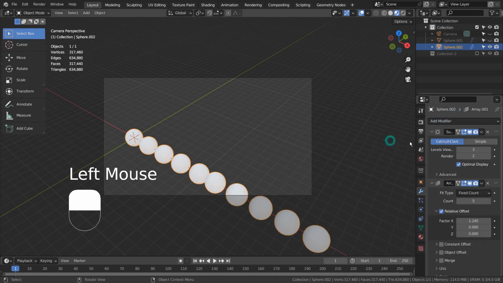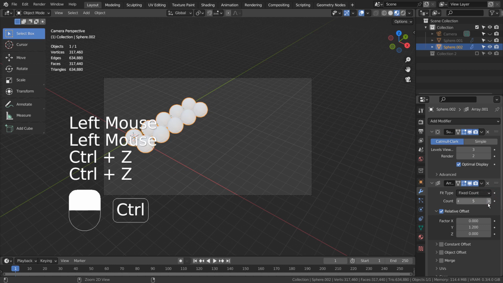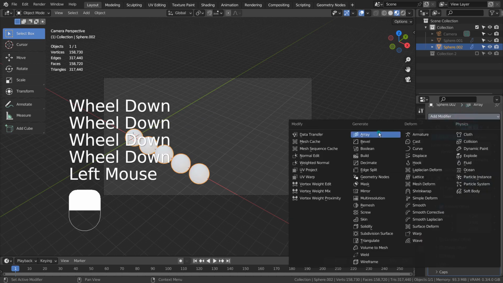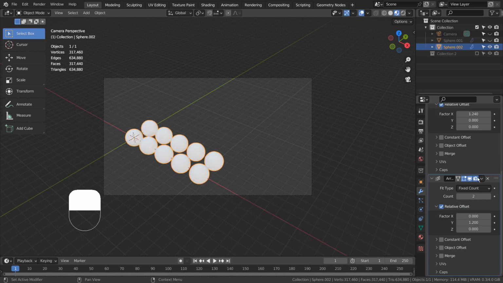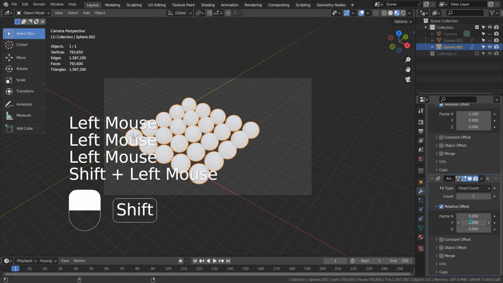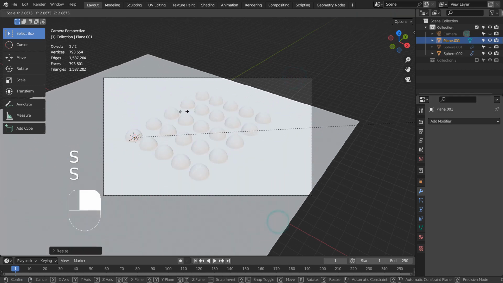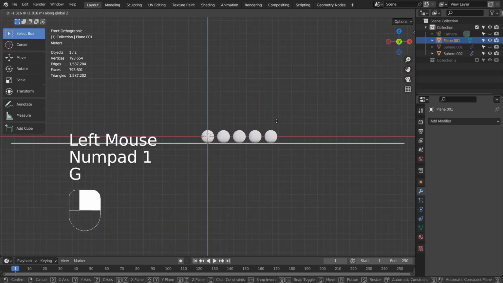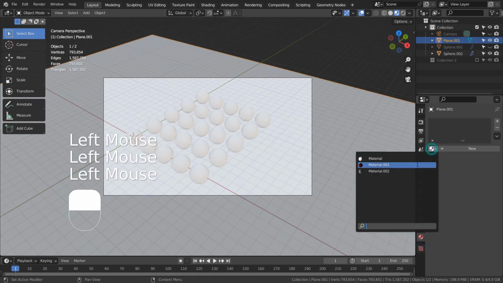I added another array modifier here, but the second modifier didn't pop up for some reason. I'll use a simple metallic material for the ground mesh.